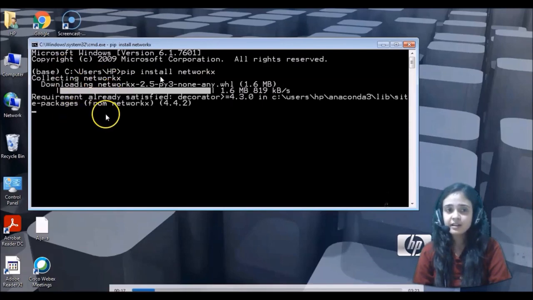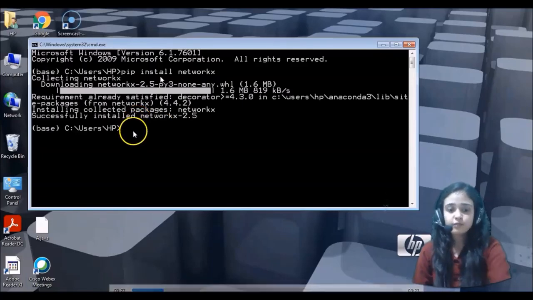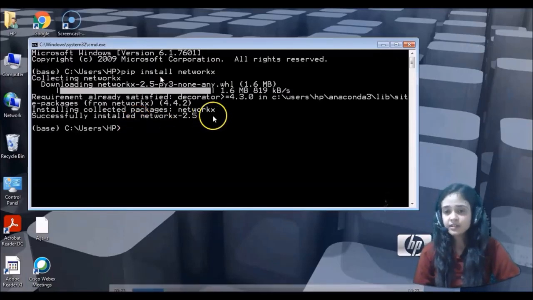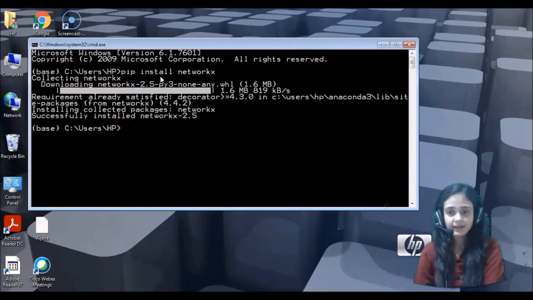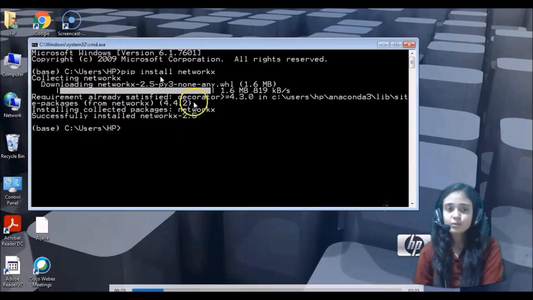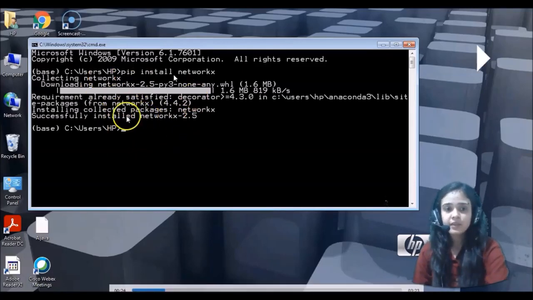It will start downloading and the library will get installed automatically. You just have to wait for a few seconds. After the successful installation, your current directory will be shown as it was previously, that is C drive, users, and the current directory path. So this is how NetworkX has been successfully installed.